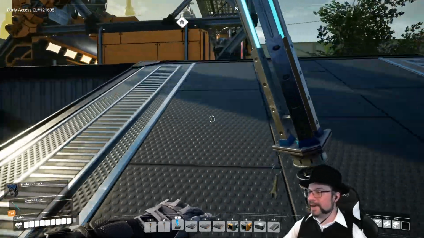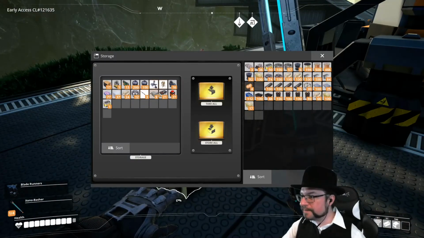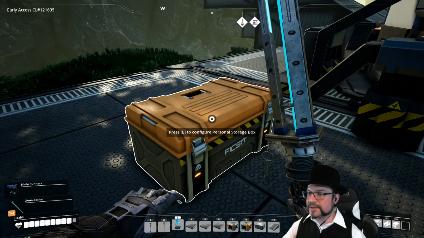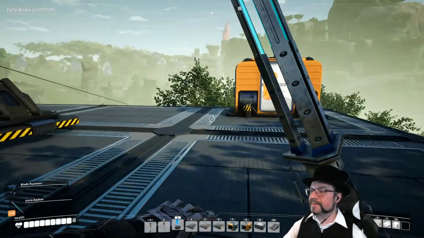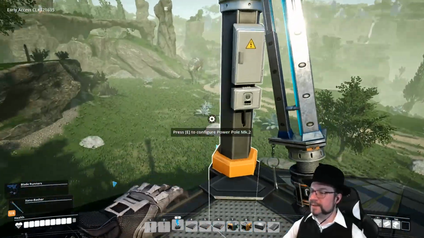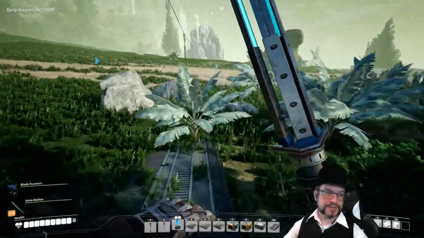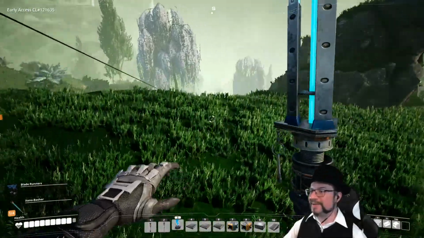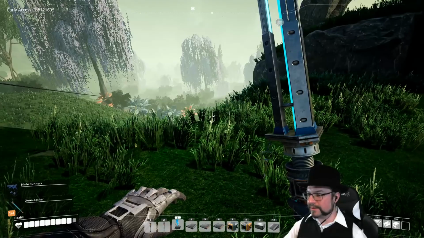All right, I'm gonna grab a miner because I've got one sitting here. One of these guys. I am actually going to leave a ticket behind because I don't need them. And yeah, we're good on power. Always good to check your power situation. It really sucks when you run out of power when you're out and about. It's not fun. So I am going to build a foundation